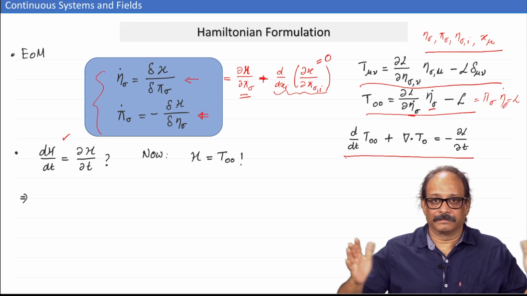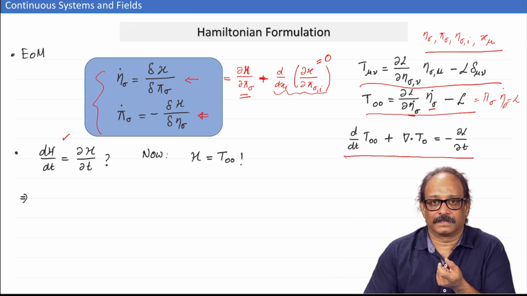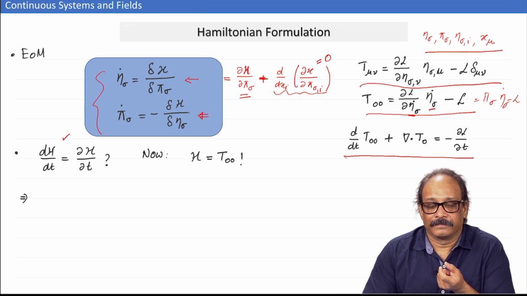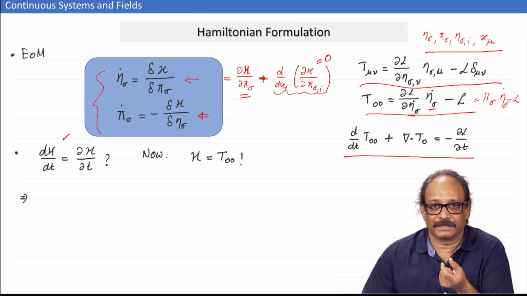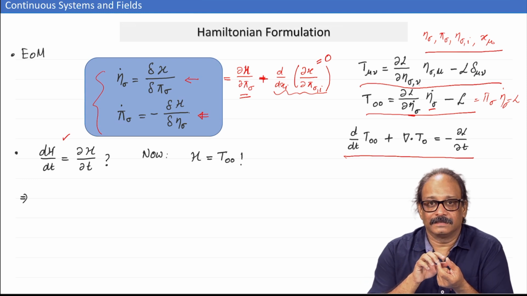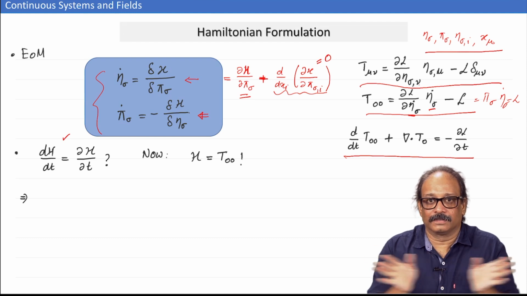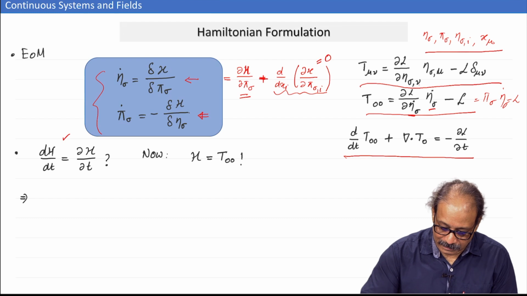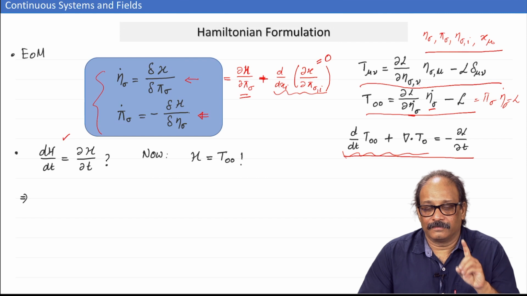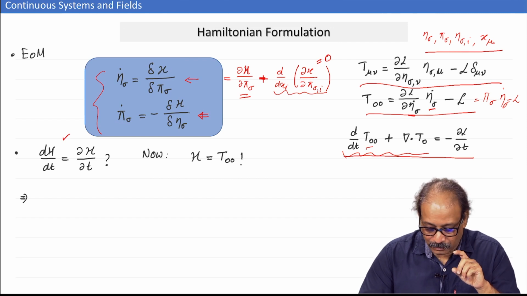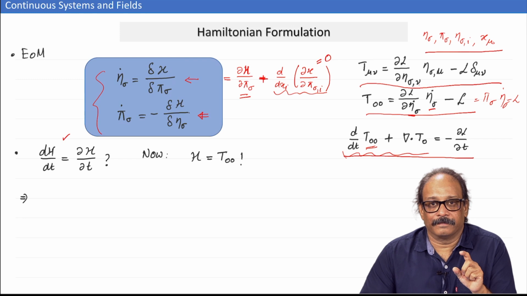So, you have a system, that rod, and you look at a small portion and look at the energy density there. What we are saying is that the total energy of the rod is a conserved quantity, but not of the small portion. What is happening there? The energy density, that means the energy in a small volume, is escaping through the boundaries, and this in fact is like a continuity statement. It is a conservation theorem not for T00, but it is a conservation theorem for the integral of T00.